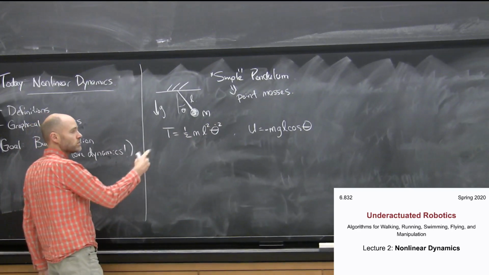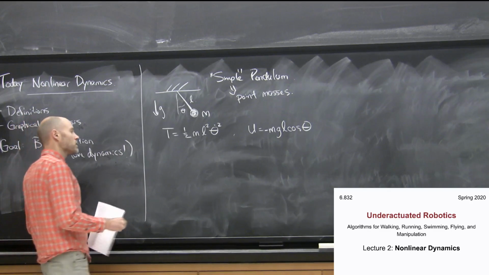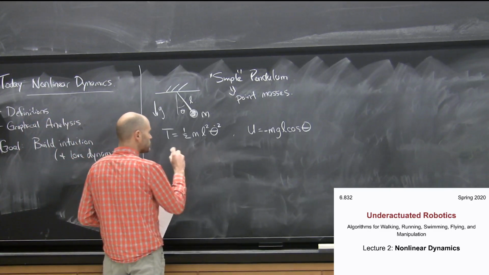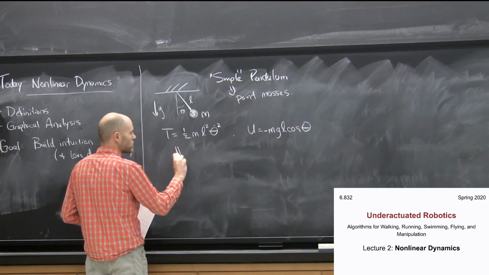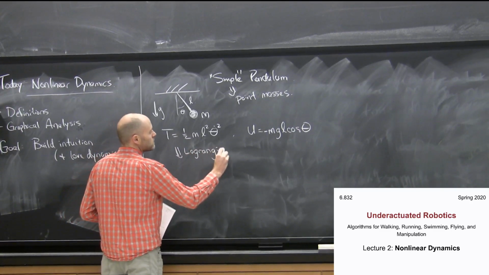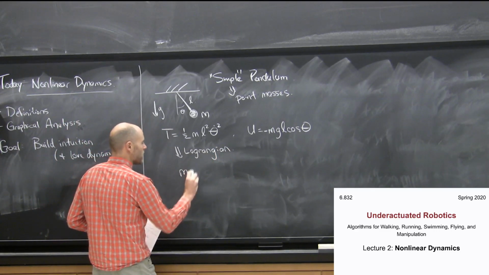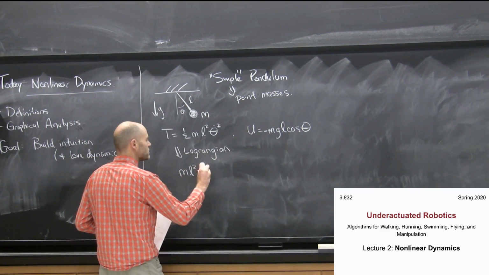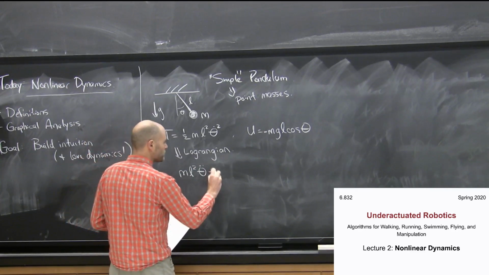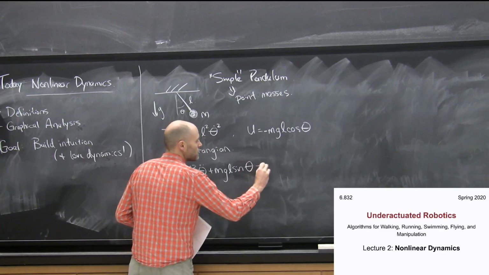And if I turn through my Lagrangian, then the thing that comes out is ml squared theta double dot, we're going to see this one a lot, plus mgl sine theta equals